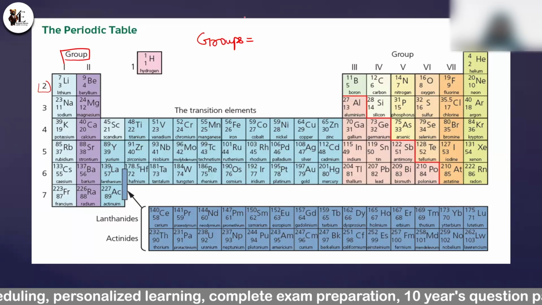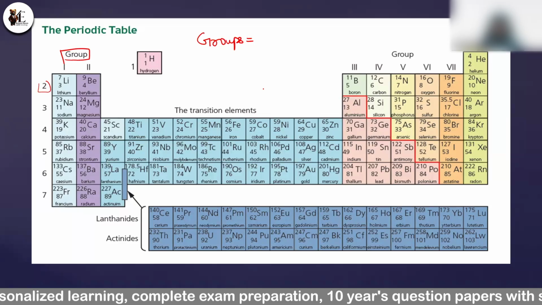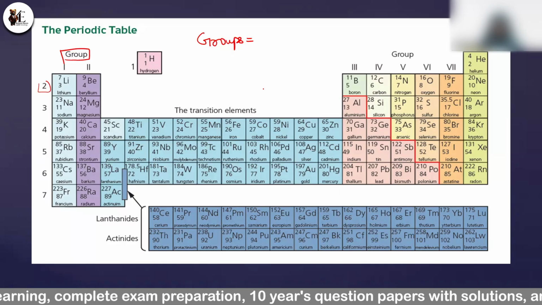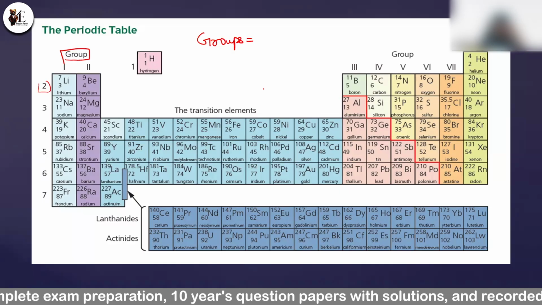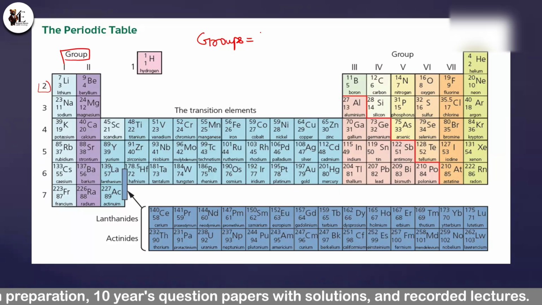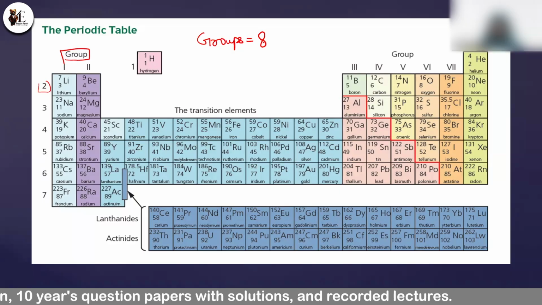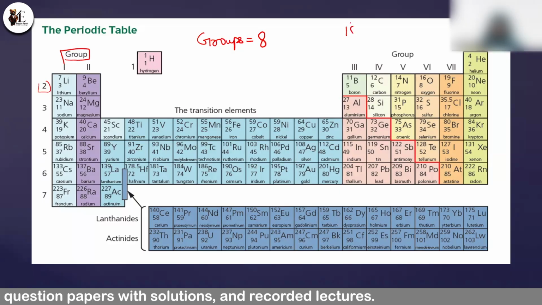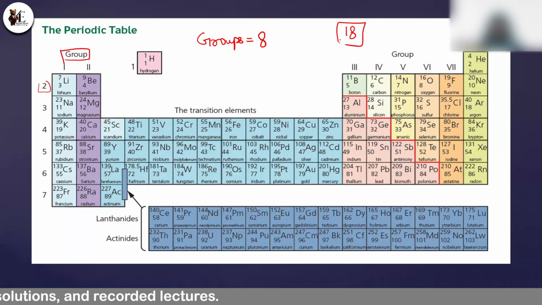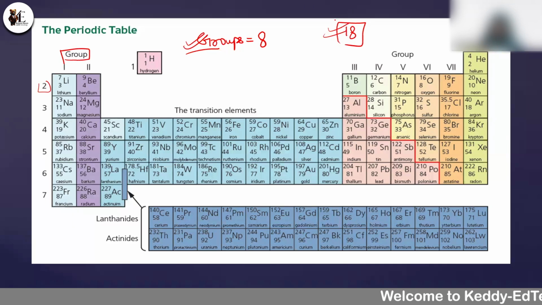when you are taking regular classes with me, please share your book or syllabus with me so that I can teach you according to your syllabus. Because here the groups are 8, but in the modern form of the periodic table, they are 18. So I have to check in your syllabus which periodic table is given to you. Because in Cambridge IGCSE levels they use this one, but in some books they use this one. So it's very difficult to understand which book students are following.